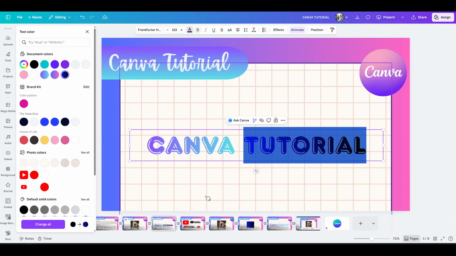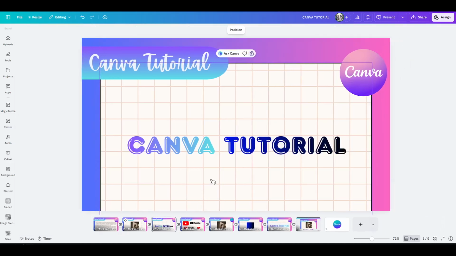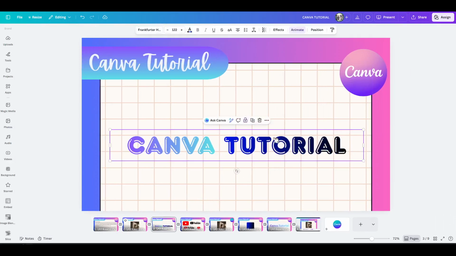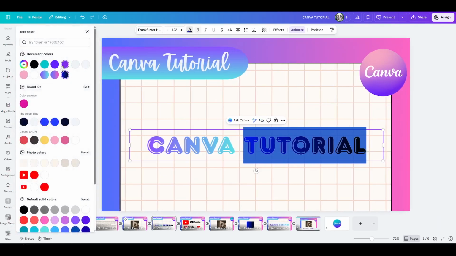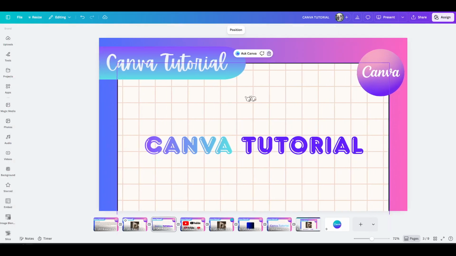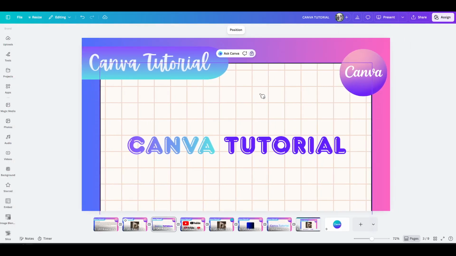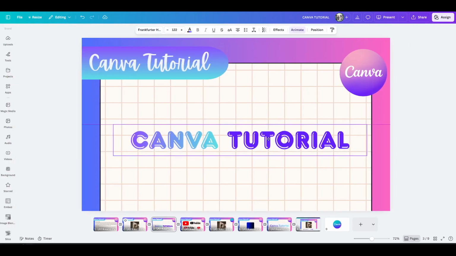A few helpful pointers as you work. Keep readability in mind. Use high contrast combinations so your text is comfortable to read against the background. Consistency also helps. Choosing a small set of complementary colors can make your design look cohesive. If you're emphasizing actions or dates, using a brighter accent color on those words draws attention without overwhelming the rest